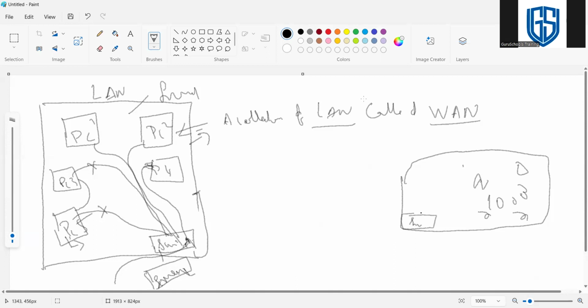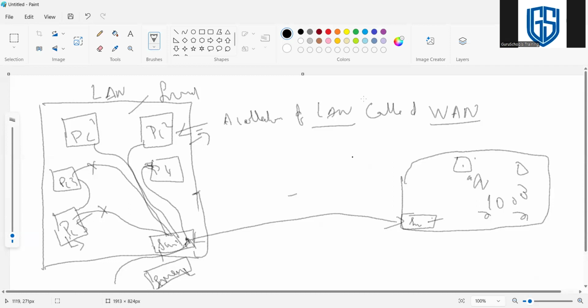We create a switch-to-switch connection: take a LAN cable, plug it into this switch, and plug the other end into the other switch. So these machines can talk with those machines.